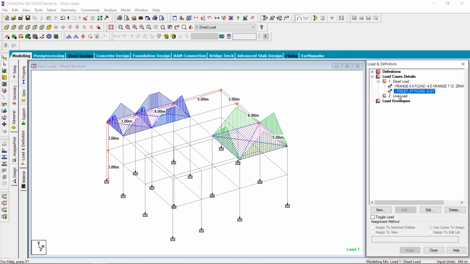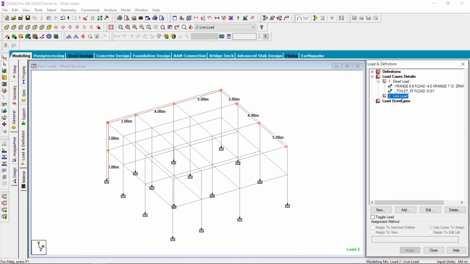Now this same step will work in the live load as well. These methods are similar, although the calculation of the loads differs a lot. You'll have to use whatever codal provisions are available in your country for different kinds of rooms, different kinds of areas, and you'll use those values. However, the placement of those values would remain the same.